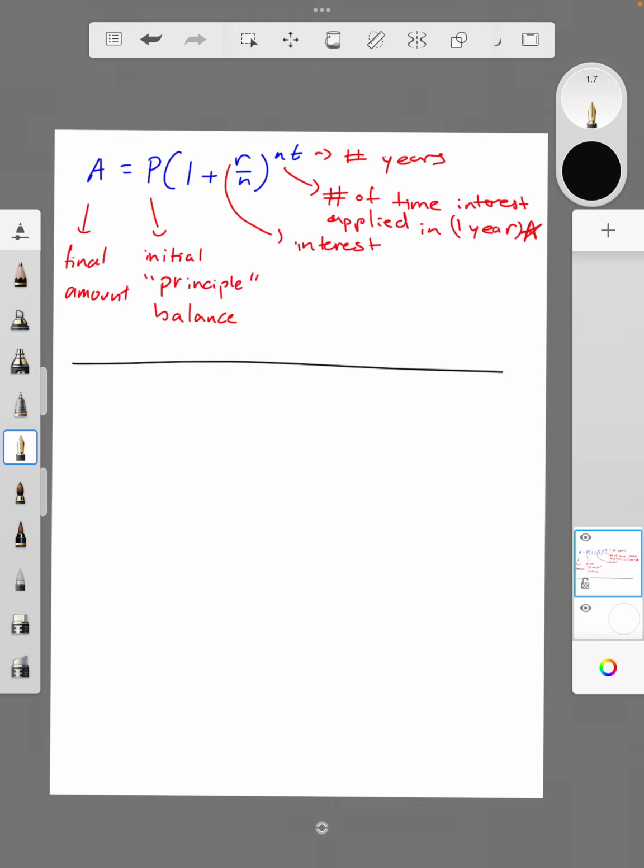So how do we solve this? Let's just rewrite the equation real quick. Make this N, and plug in what we know. We've been given that the principal value is 2,000. We have the 1 plus R. What is the R here? It's 5.3% compounded monthly, so put that in decimal form. We're going to have 0.053